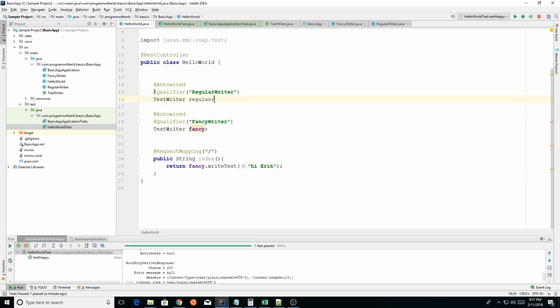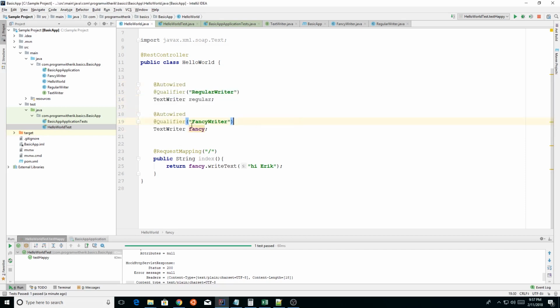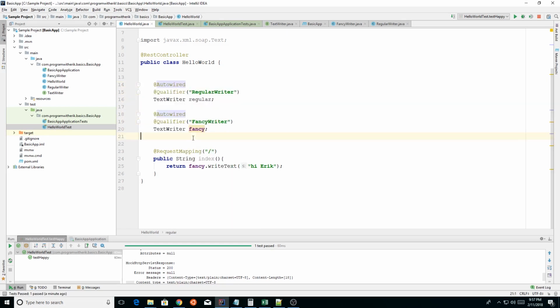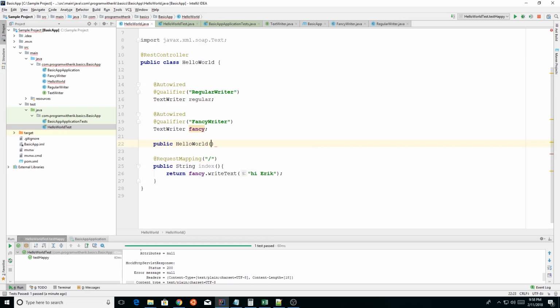You can see here I have these two text writers and a text writer fancy. So we can copy this. And by the way, this could be one criticism, and maybe in a different video I'll show you this, but we're doing setter injection in here. If you wanted something a little bit more fine-tuned in your testing, you probably want to do dependency injection on your constructor. That's if we had a public hello world, kind of like I showed you before,